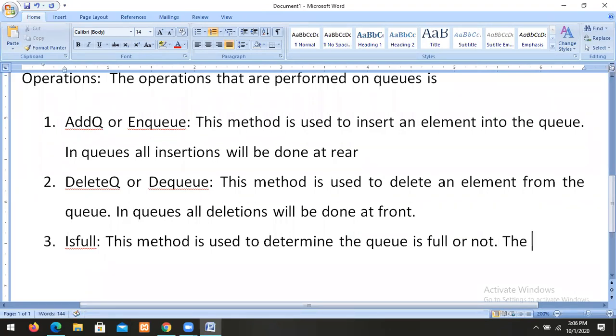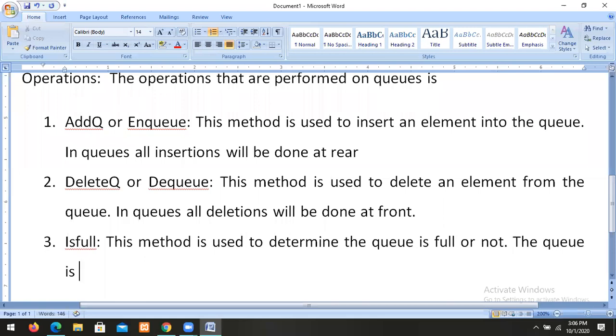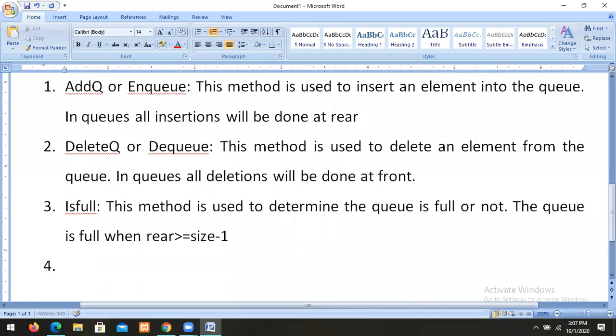The queue is full when rear is greater than or equal to size minus 1. So actually, we have the size, and we are inserting elements from the 0th position. That's why the queue is full when rear is greater than or equal to size minus 1.